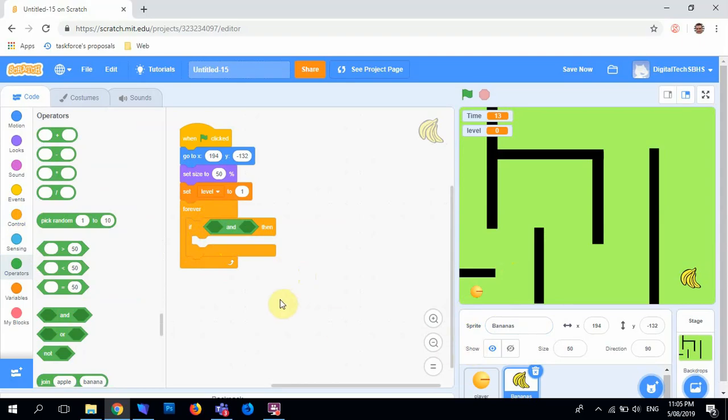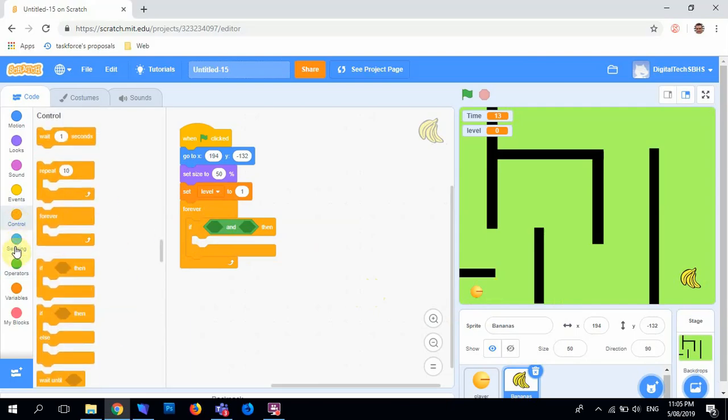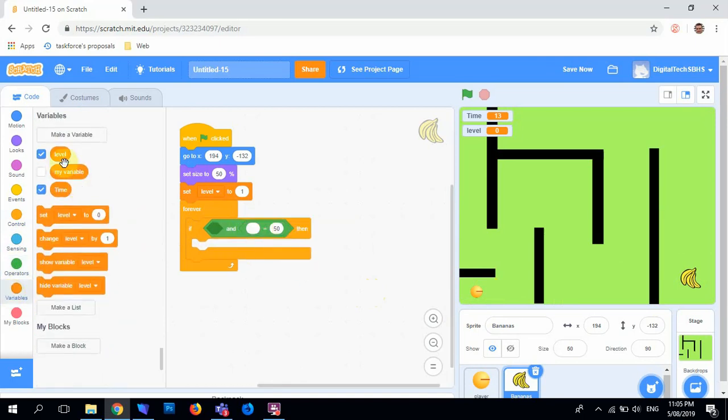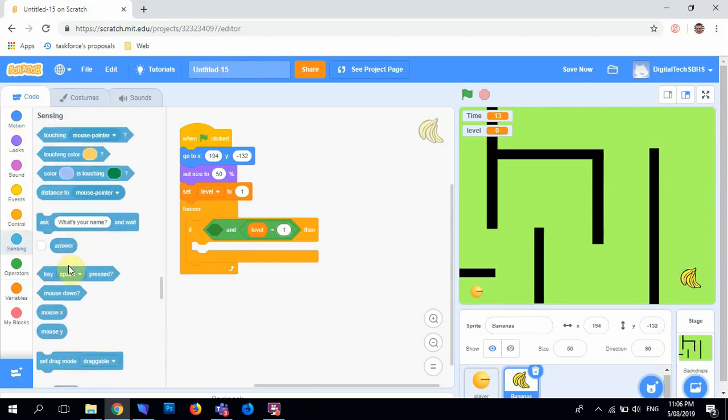There you go. But however, this. Oh no, actually, my banana location might not always be the same. So because it won't be, the start location for this thing may not also be the same. So there we go. So if level is equal to 1 and sensing touching player,